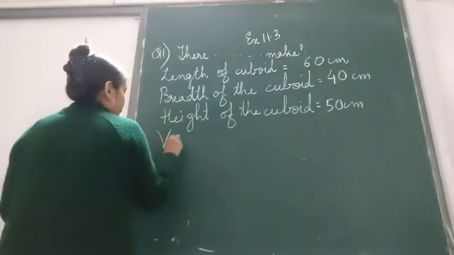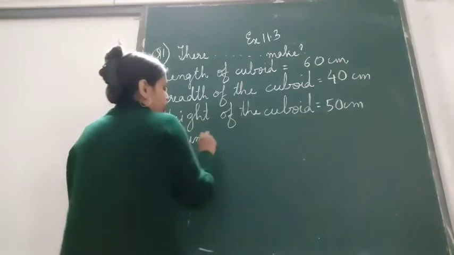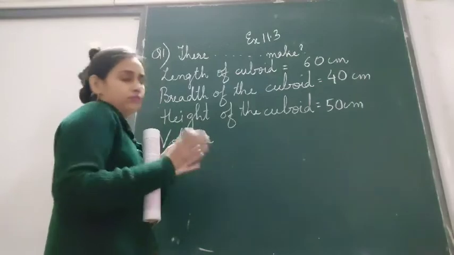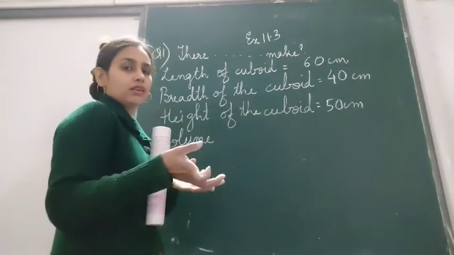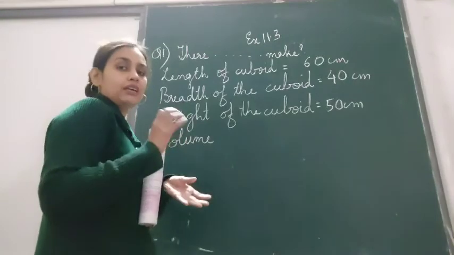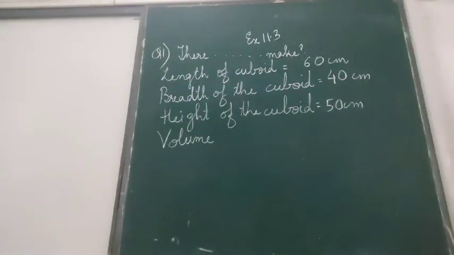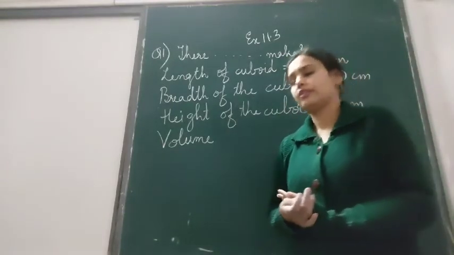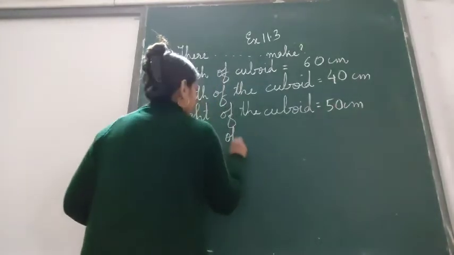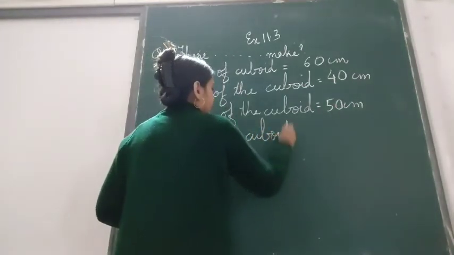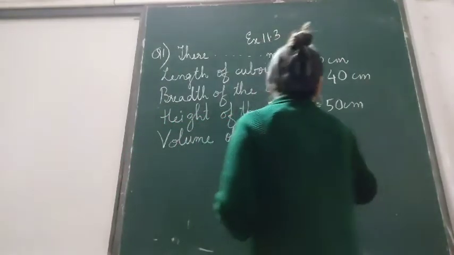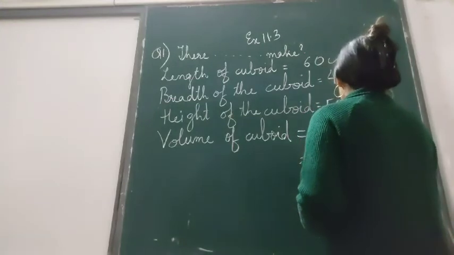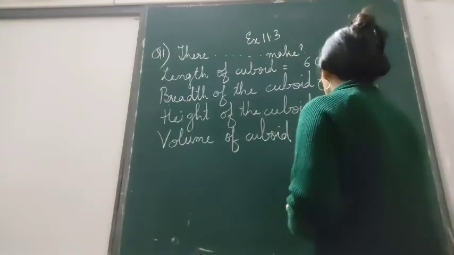We find the volume, because who will have a greater volume? Who will be bigger, and who will have a smaller volume? Will be smaller. That means it has taken less material to get constructed. Okay, so depends. Either if you want, you can find out the volume, or if you want, you can find the total surface area. This will be a little easy. Why? Because you only have to multiply length into breadth and height. 60 into 40 into 50.